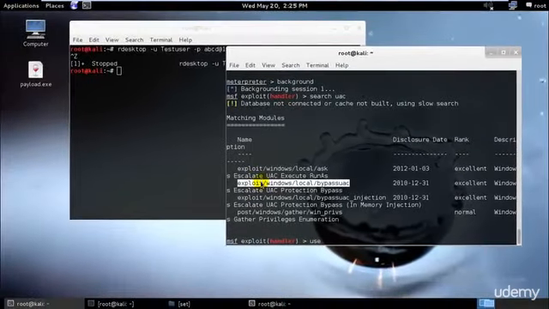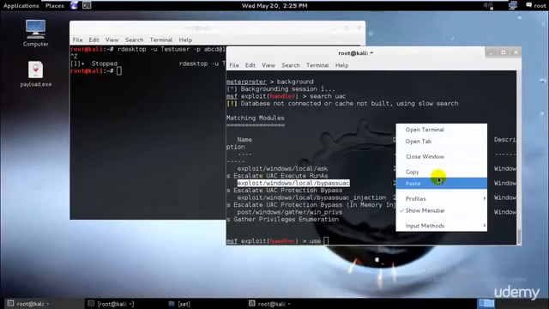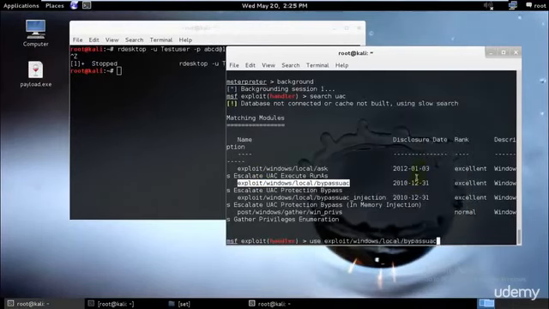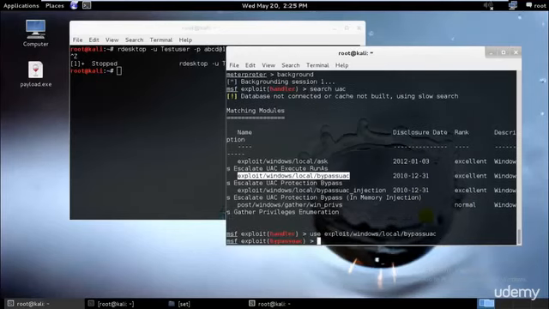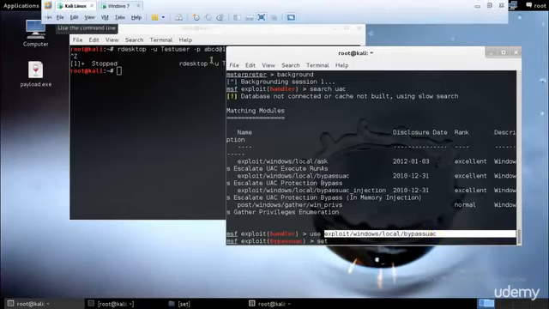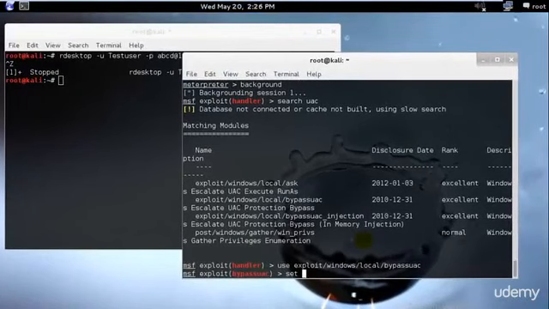So I'll just go ahead and copy it and paste it over here. Use exploit / Windows local bypass UAC, and I'll hit enter. That means I am using it, nothing will happen right now once you go ahead and press that. So after that, I will just go ahead and type set. I need to set this specific payload to our computer. So I'll type set payload